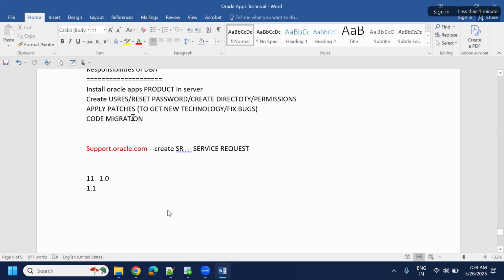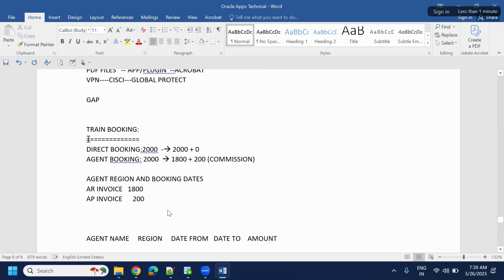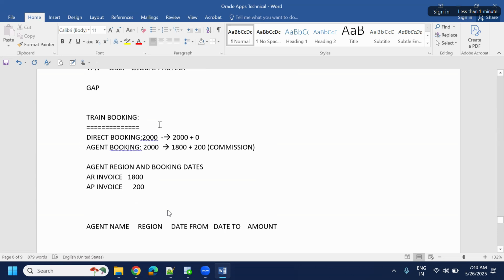So in real time, as a developer, we have access to multiple databases, like we already discussed, development, then production. For production, we do not have any rights. Suppose this requirement, already today we discussed one gap analysis, like agent booking. For agent booking, I develop